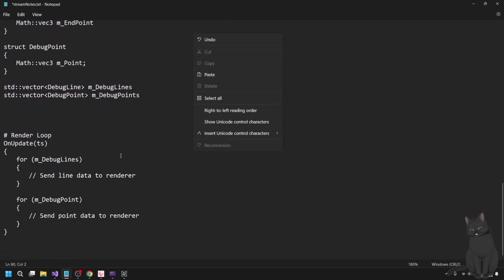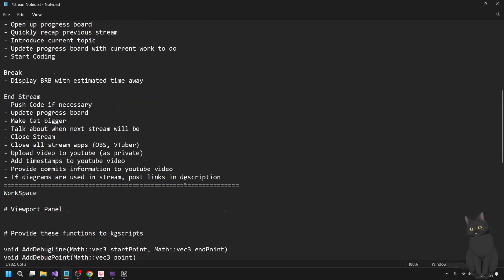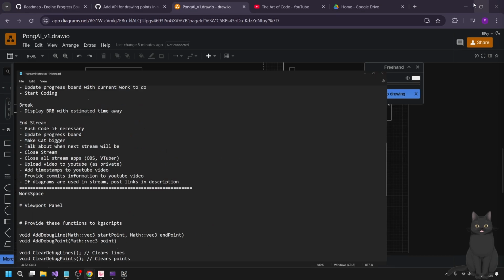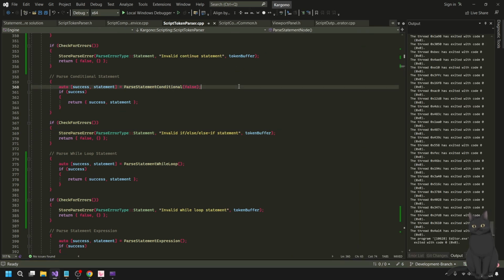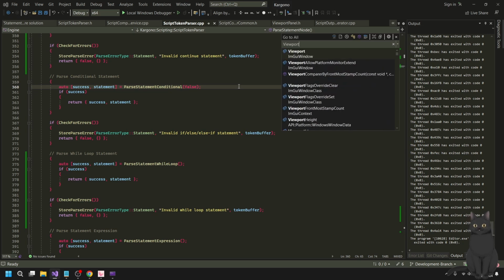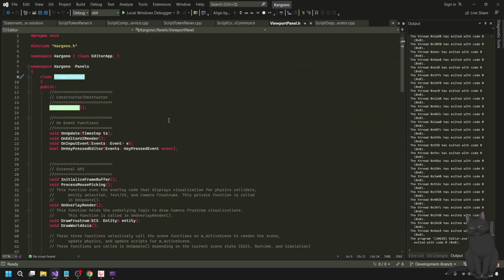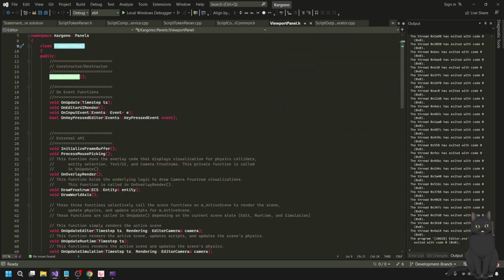Let me see. Okay, I think this is all the logic I need. So let me go ahead and add this into the engine. Viewport panel. Oh well, okay, because the audio was playing, but let's see.